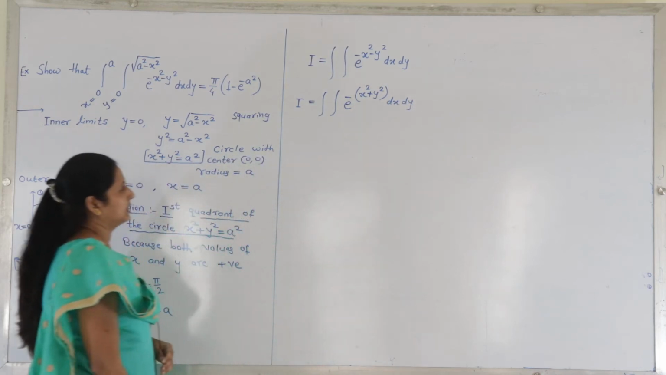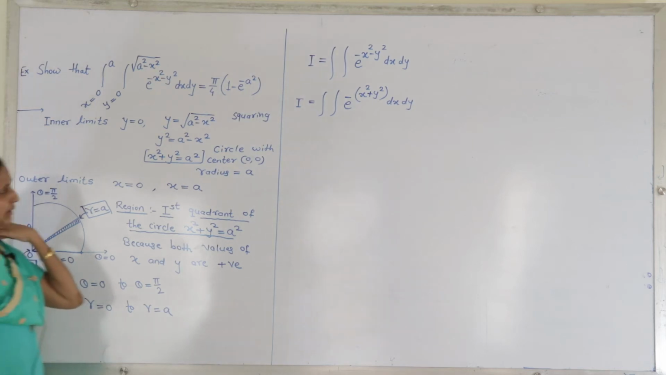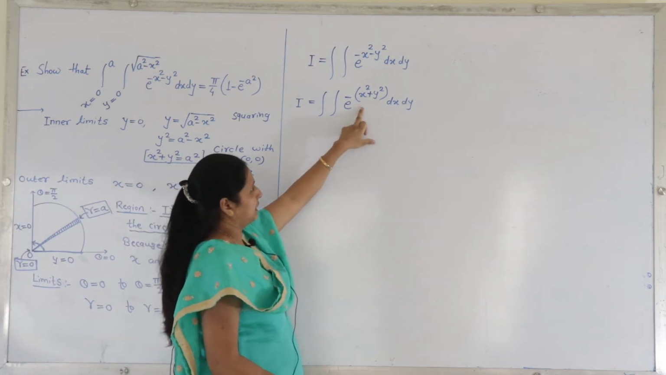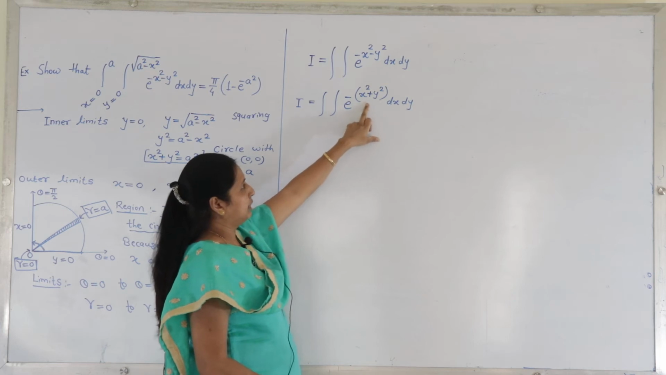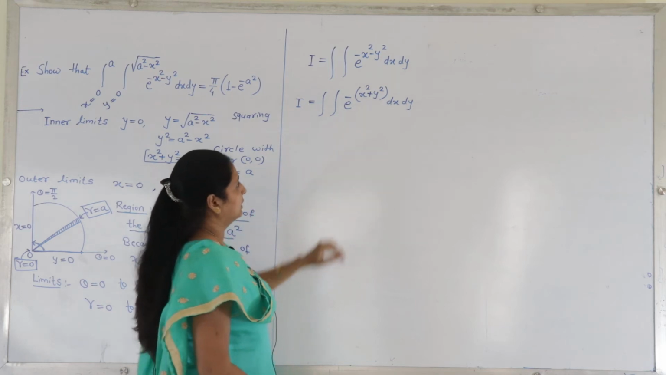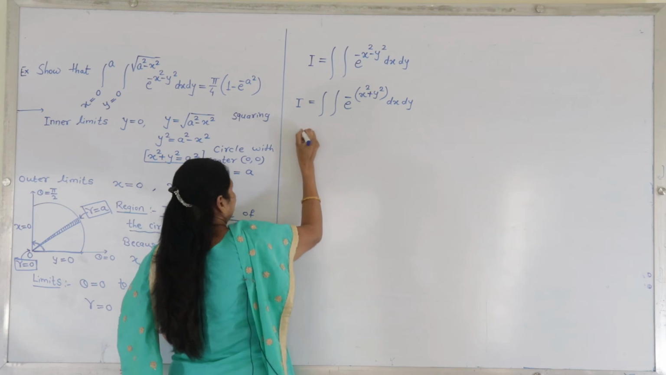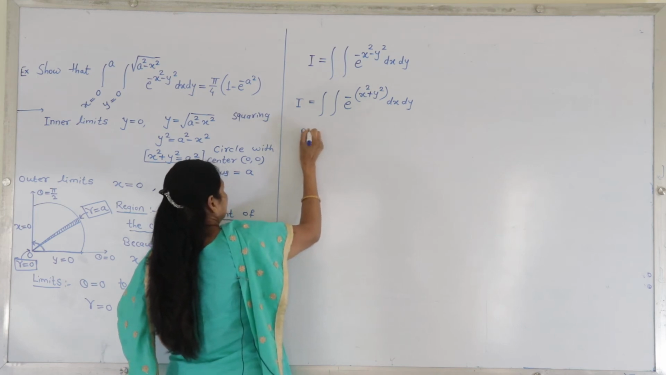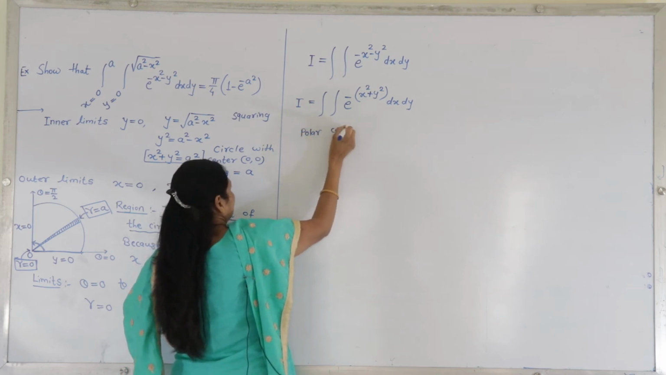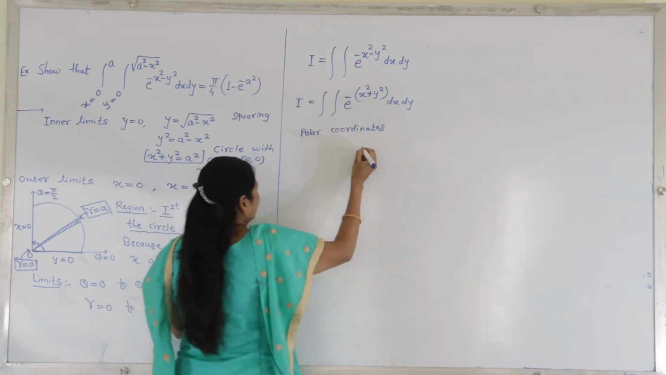Generally in these problems, x square plus y square terms are present, and the region is generally an ellipse or a circle. Here, for x square plus y square, if you take polar form, it will become e raised to minus r square. Therefore, you can easily use the polar form here. Polar coordinates for the circle